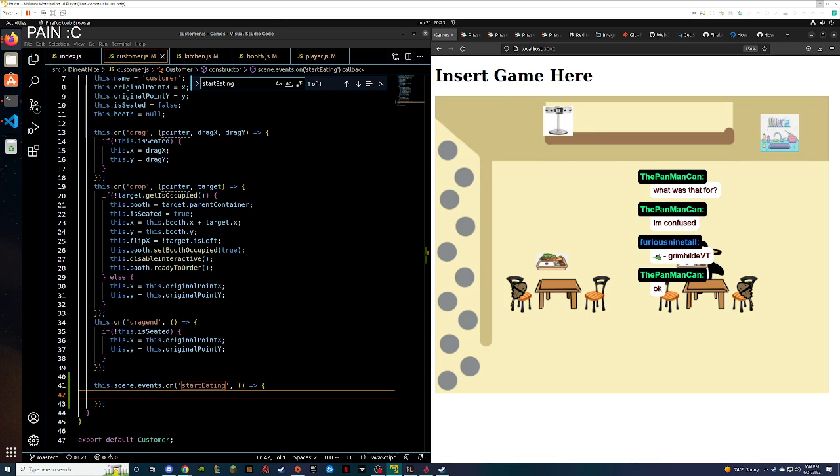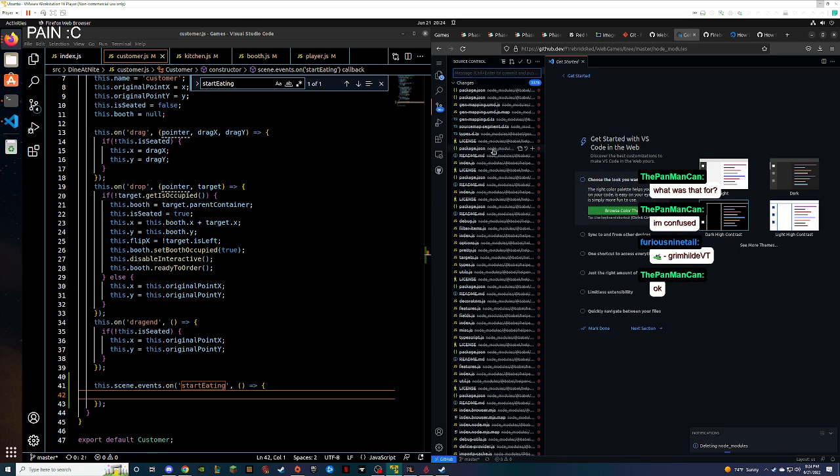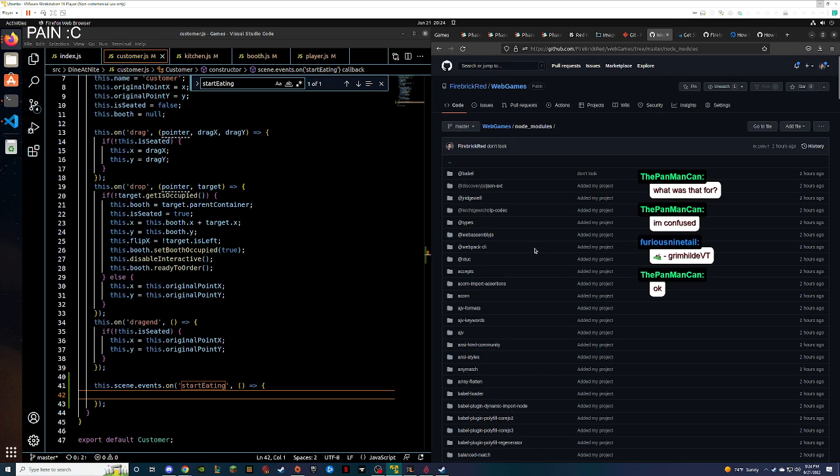I was asking Furious Ninetales where they get the cute emotes. Git is pretty much version control. Anyone can look at my repo, if you have a GitHub and you go to Firebird. GitHub is a front end for Git. I don't do Git well, okay? I know my front end. Yes. GitHub is a pretty Git. Which is why we had such trouble setting this up, is because I don't know Git.